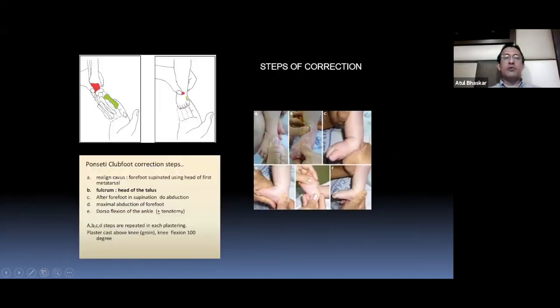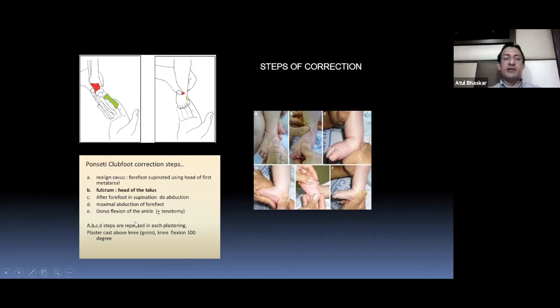Your first plaster always involves elevating the first ray. So you correct the pronation into a supination, and that is the key to the further correction. Once you elevate the first ray, later on you just have to abduct the foot, keeping a fulcrum at the talus. And this is what they ask in the exam. Why not keep the thumb at the heel? Because if you keep the thumb at the heel, the foot will not evert as you abduct the forefoot, and that is the key thing, because of the interlinkage. As you abduct the forefoot, the hindfoot also moves into eversion and dorsiflexion, and that is why the fulcrum has to be on the talus.